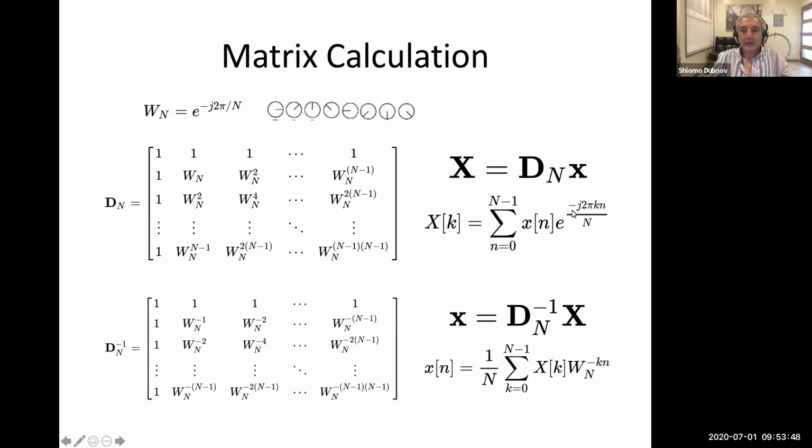We go in the other direction, with a minus here. This series expansion, or explicit form of this equation,